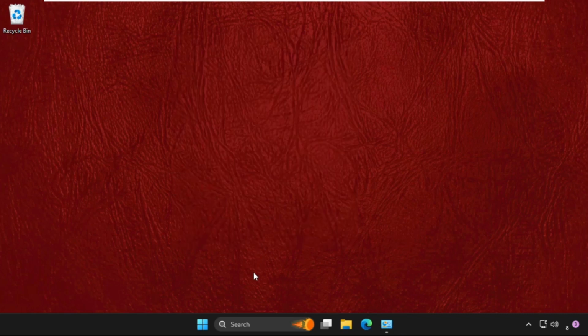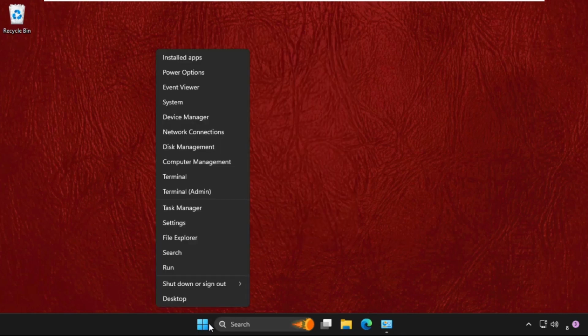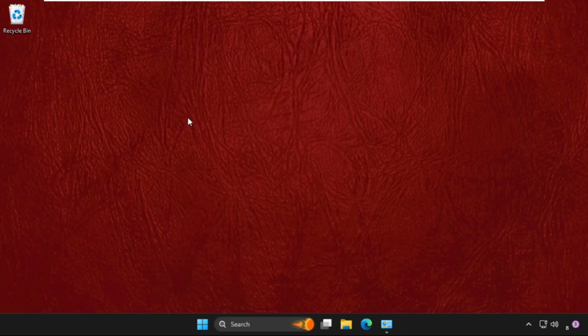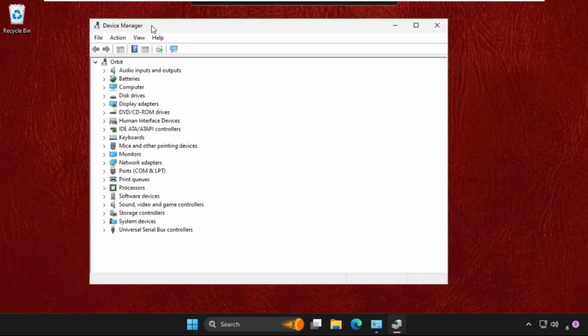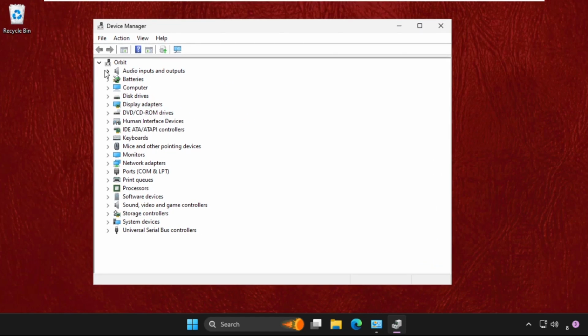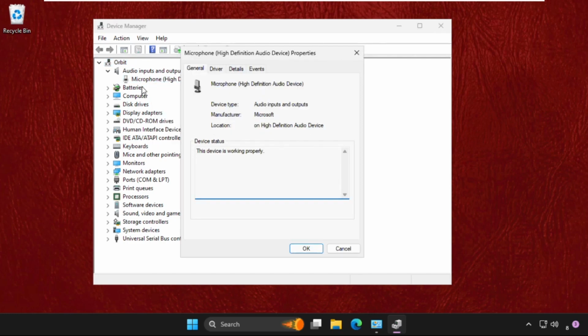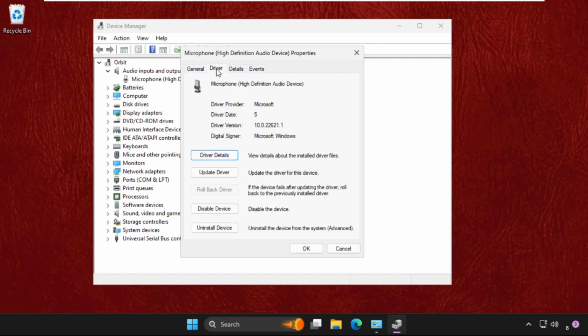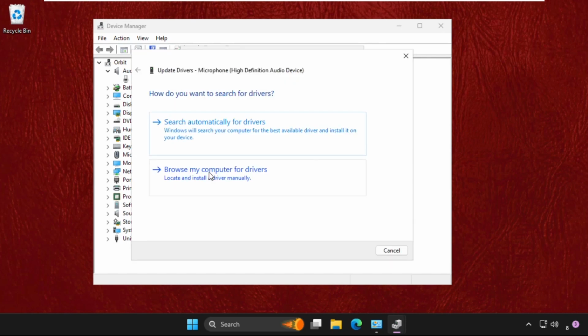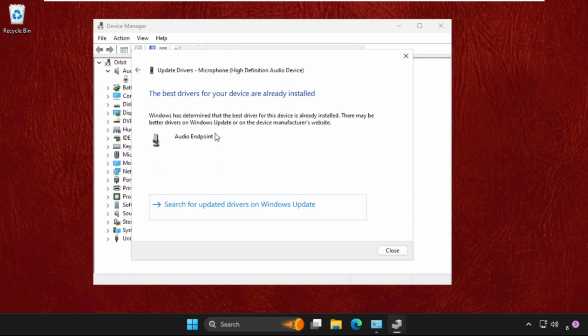Once done, close this window, right click on the start icon and go to device manager. Now expand audio inputs and outputs. Right click here, select properties. You will get the speakers option also, so try to update the drivers of speakers also. Go to the driver tab, select update driver and search automatically for drivers. Once done, close this window